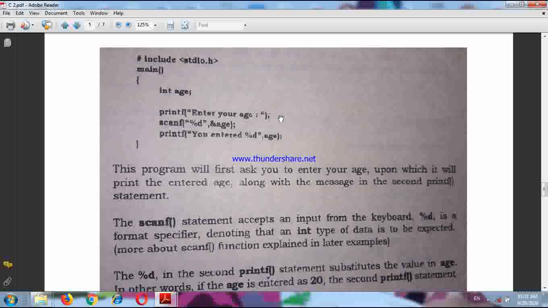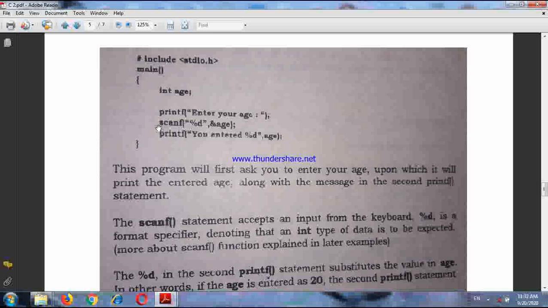Now once we execute the program, what happens? You see, the control will start from here, it will come here. Once it comes here, you will see on the screen it is written enter your age. That means we have written the enter your age for our own benefit. Then the control will come here. Scanf means the input function.